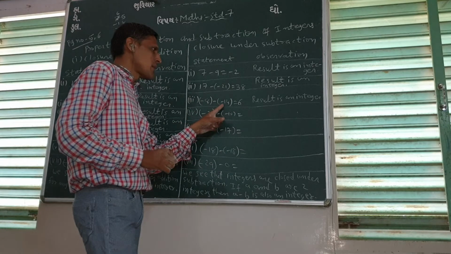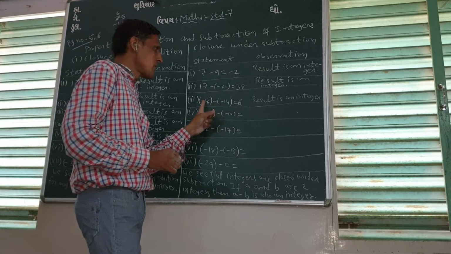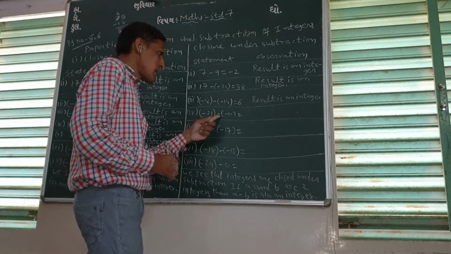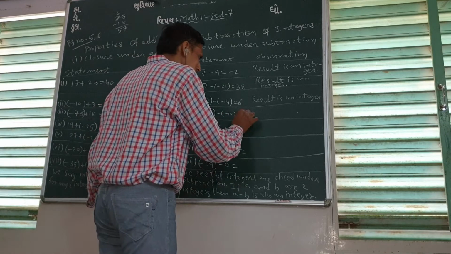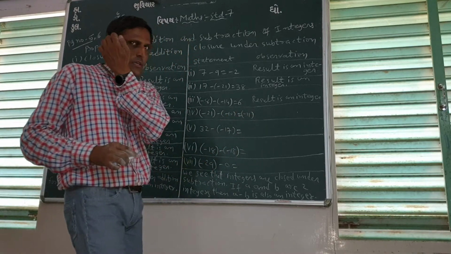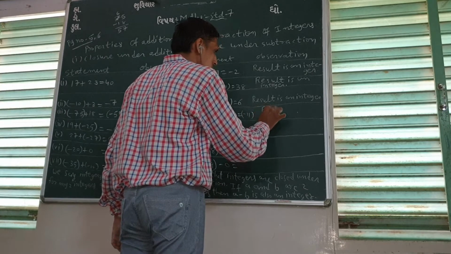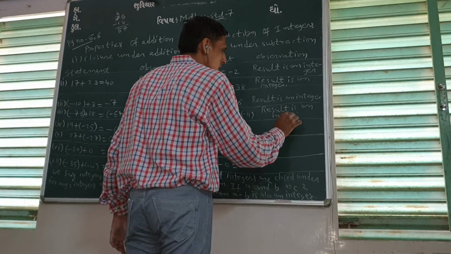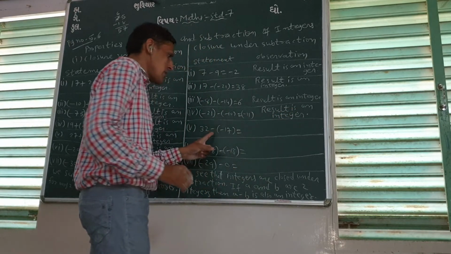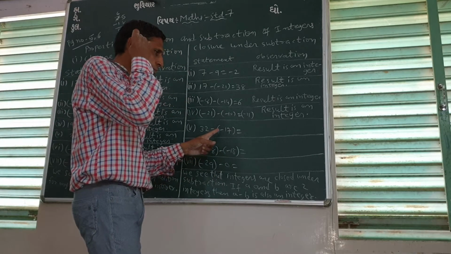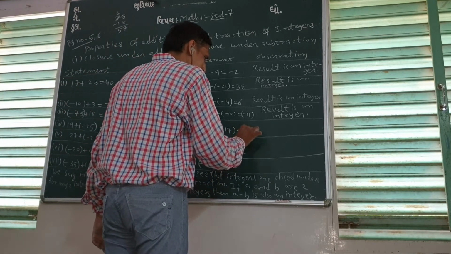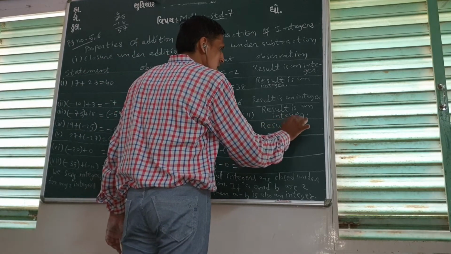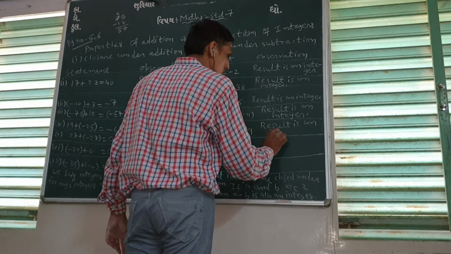Then minus 8 minus 14 minus plus, right? So 14 minus 8 is 6 and that is also integer. Okay, minus plus minus 21 plus 10 is minus 11 and minus 11 is also an integer. Result is an integer. Then minus plus 32 plus 70 is what? 49. 49 is also integer. So result is an integer.